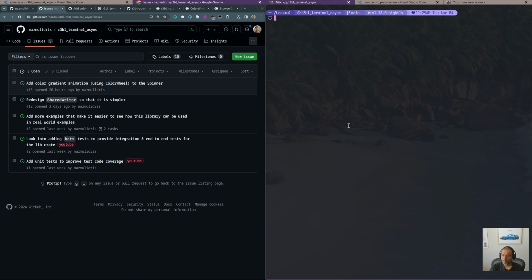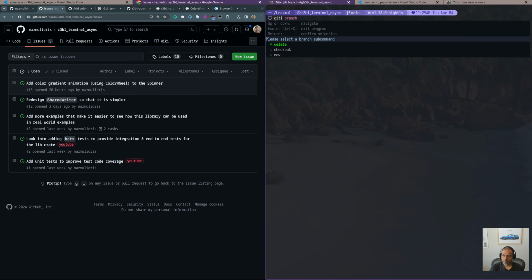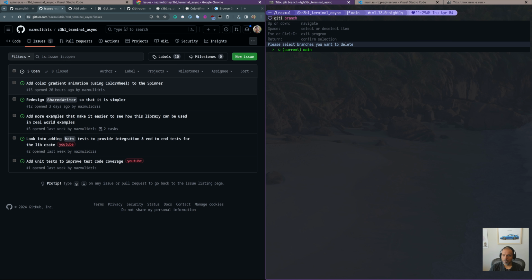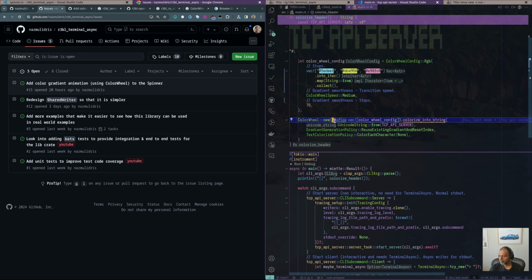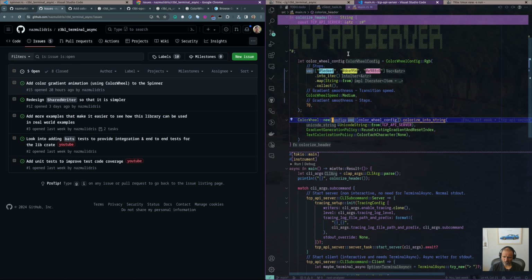Anyway, so the color wheel struct has a colorize into string. And that's used by this giddy thing that I was showing you. And by the way, you can get Giddy and Eddy using cargo install rebel commander. They're on crates.io. Okay, so we take the color wheel struct, give it this config, and you can give multiple configs. This is the true color RGB config. You can have other configs for